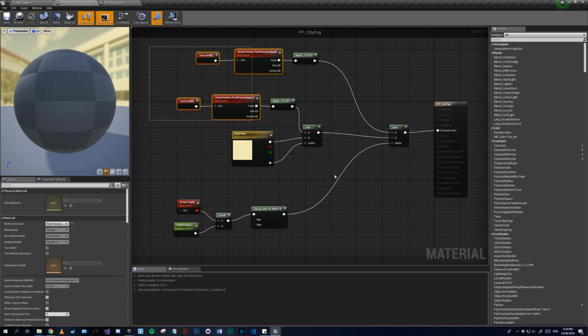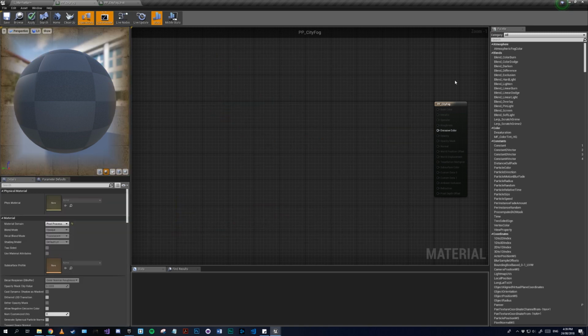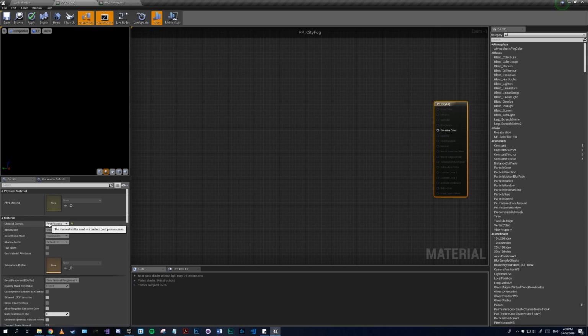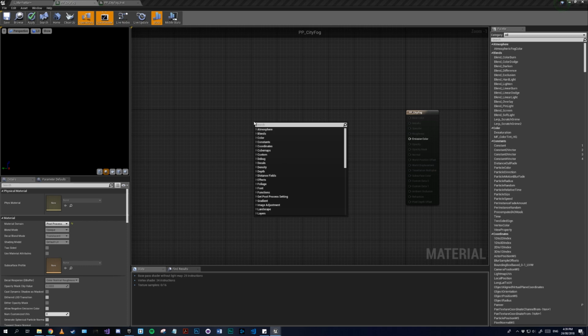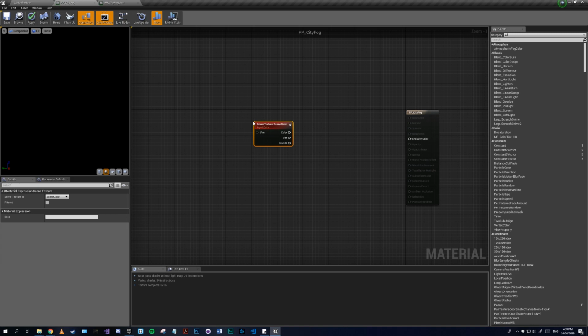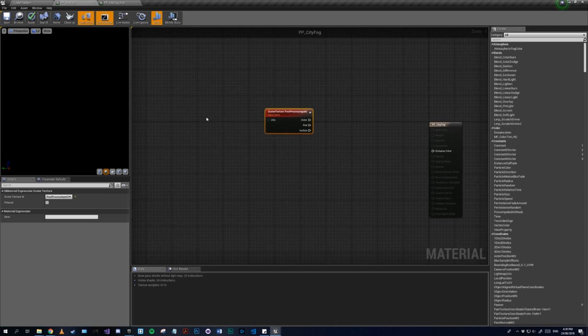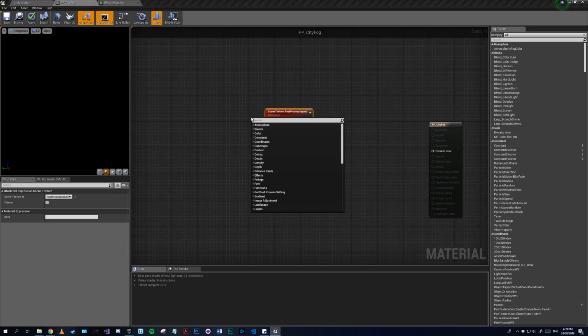Okay, now I'll just delete all of this. So for starters, all you have to do is set this to post-processing. Now we need to first get our reference to our scene texture and get the default texture so we can actually see our level. So we get post-processing input 0, we'll get our texture